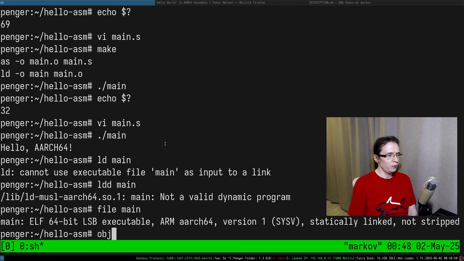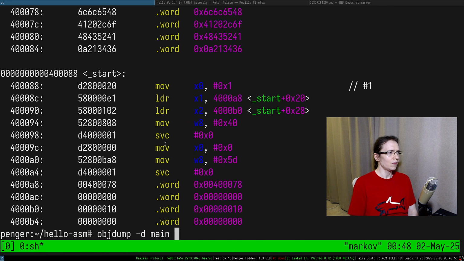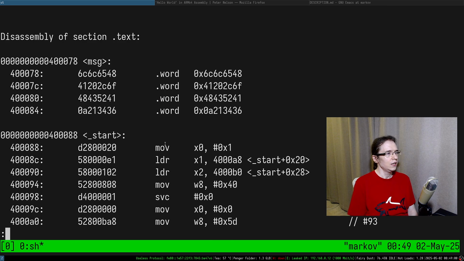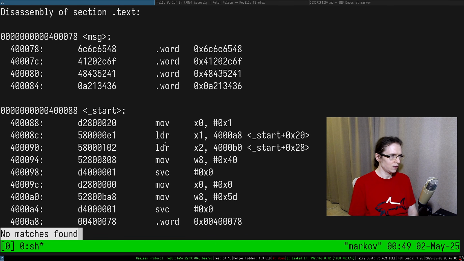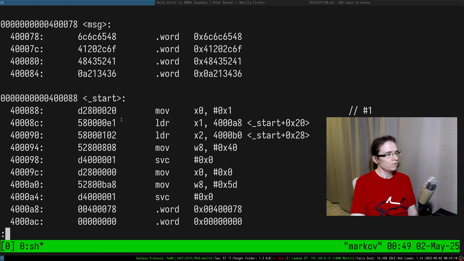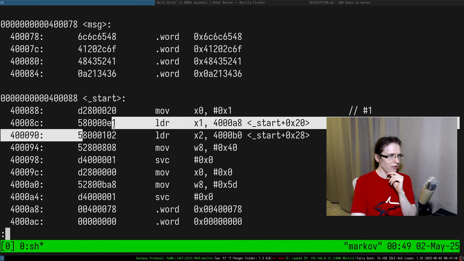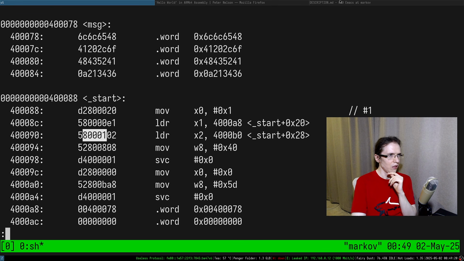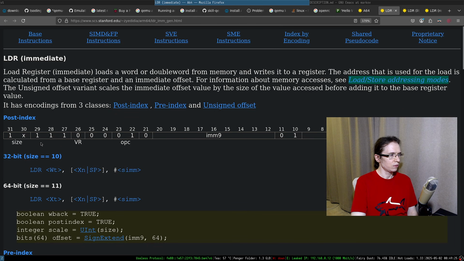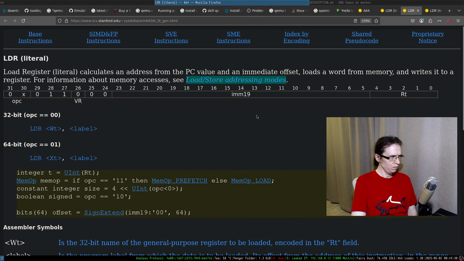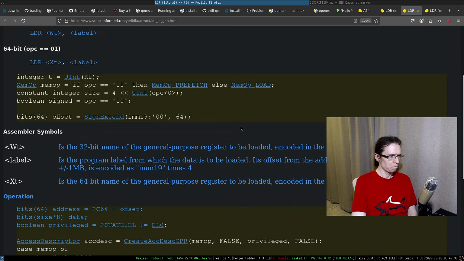Okay, so first of all, we want to do the objdump. All right. Look, it supports colors. It's just that Vim couldn't properly recognize anything. Anyways, so main and stuff. Where is the? Oh, it's _start. Okay. It's all still relative. Look at that. It's kind of the same, honestly. But maybe they are the same, actually. Kind of hard to tell.